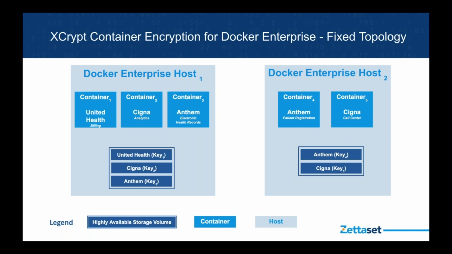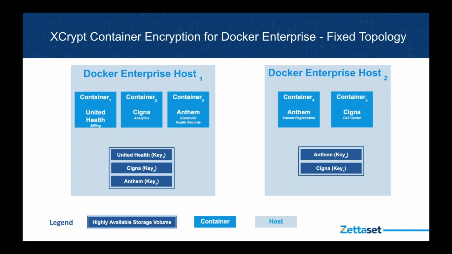You will run all of those applications. If the applications are not properly secured, then compromising, let's say, one container on one host that belongs to United Health will compromise all of the containers on all of the hosts, because the legacy encryption says encrypt the storage, and it will be encrypted with a single key, or even multiple keys, but a small number of keys, not directly tied to the applications.